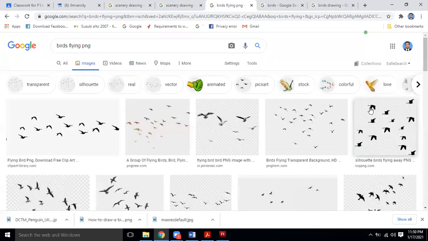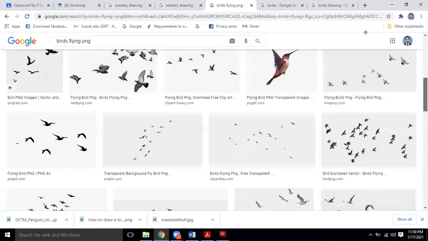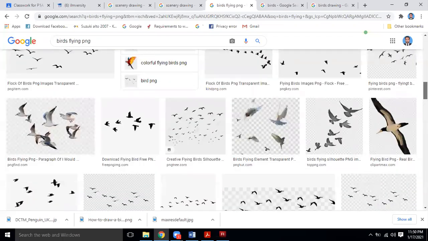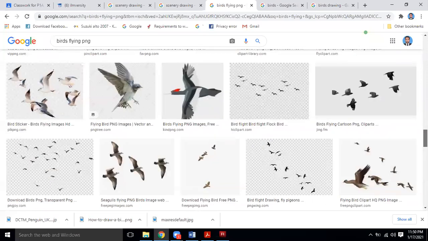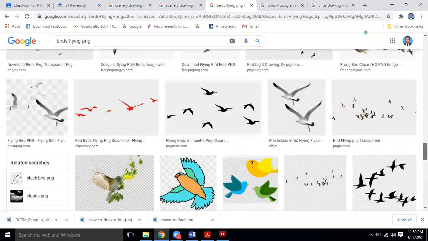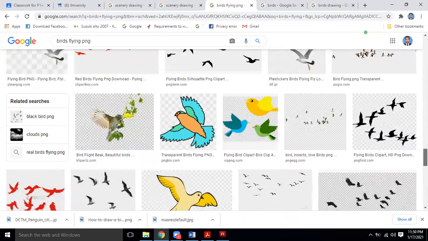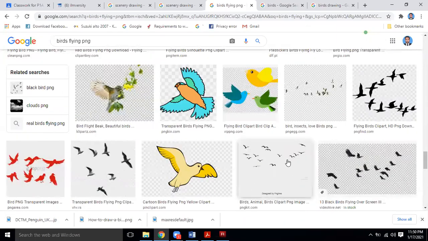PNG means that the bird will have a transparent background. When it has a transparent background, it will be quite easy for us to manage. A PNG file has a transparent background with it, so we are not going to see any problem with it.